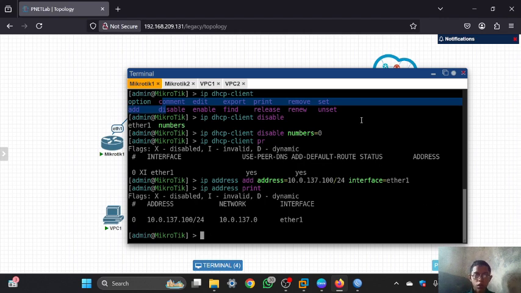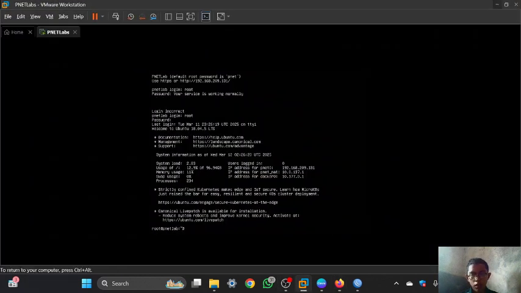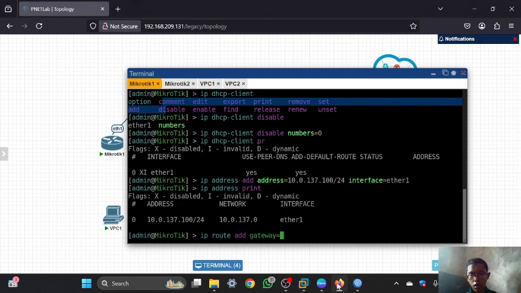And next I will configure the gateway IP in MikroTik one. I will set IP route add gateway. The gateway IP is the PinetNet IP, which in here is 10.0.137.1. I will type it in here.